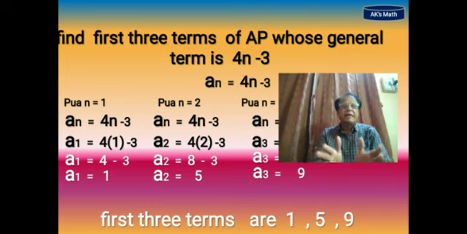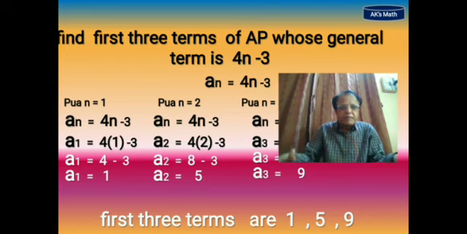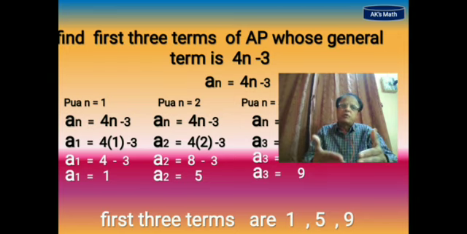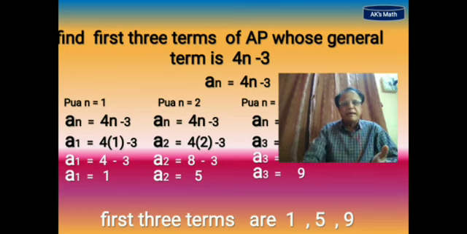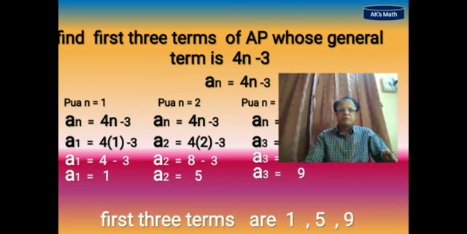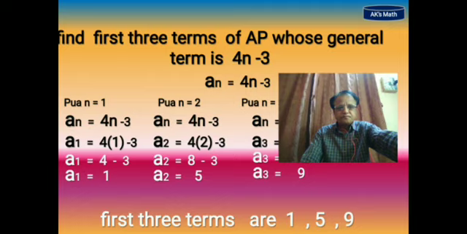Look at this one. What is given in this? The general term of the AP is given, which is equal to 4n minus 3, and we have to find the first three terms of the AP. It is a very easy method. In place of n, put 1, 2, 3, 4, 5, as many terms as you need, and you will get that many numbers. Here n is equal to 1, n is equal to 2, n is equal to 3. All three values are kept. So finally we got A1 is equal to 1, A2 is equal to 5, A3 is equal to 9. Such types of examples we already did in our previous videos.